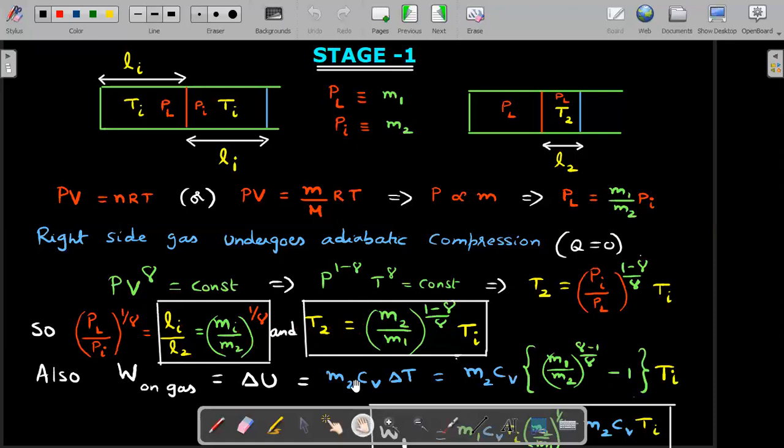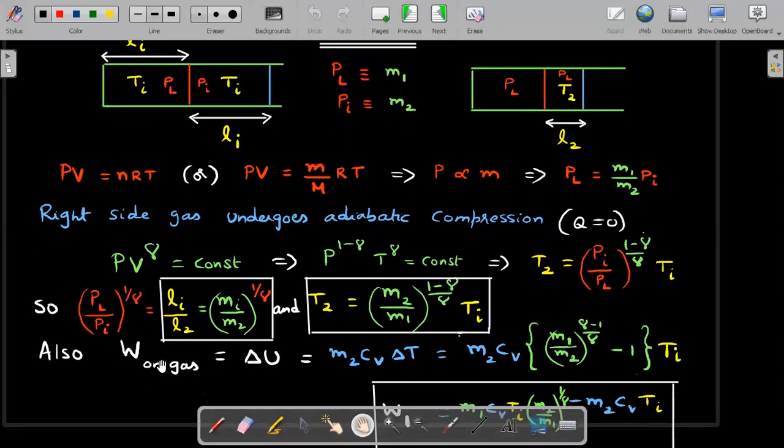Also, work done on the gas. Okay, you should be very careful. I think in chemistry you solve for work done on the gas, in physics by the gas. So I've taken on the gas because he asked what is the work done on the gas by the external agent. So work done on the gas by all agents, we'll discuss what all agents are acting, should be equal to delta U, because Q was adiabatically 0, right?